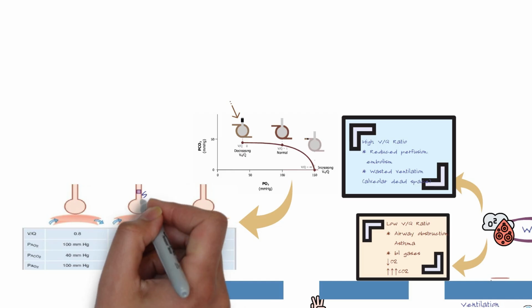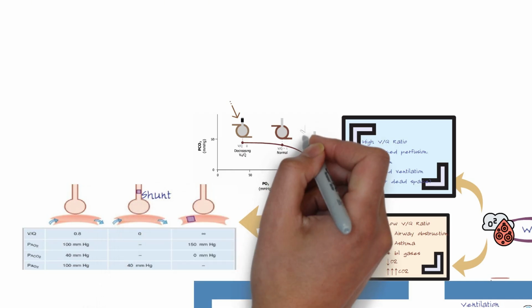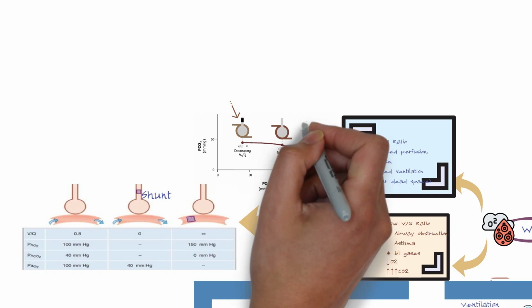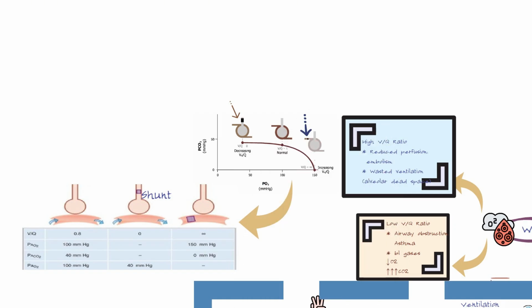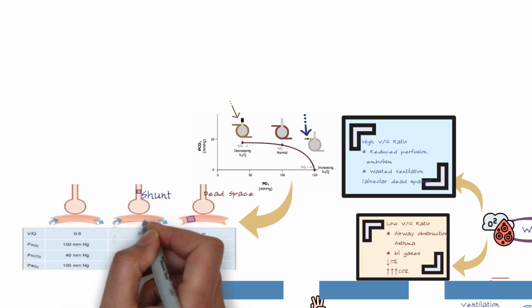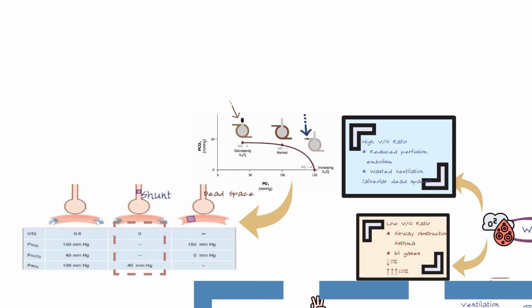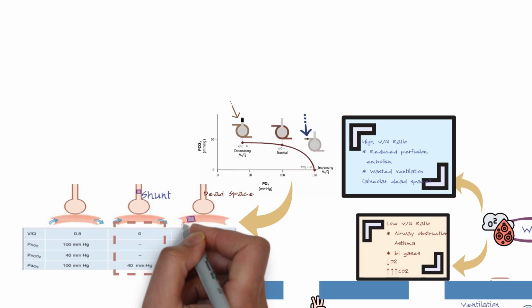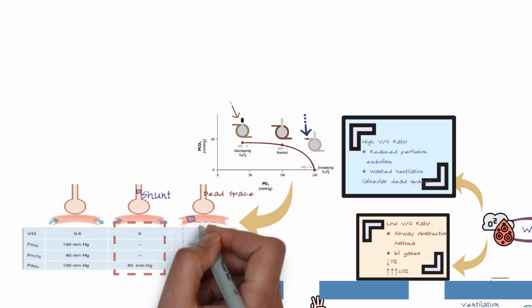But if the perfusion is affected while the ventilation is almost normal, in this condition the air comes in but gas exchange does not occur, so this is an alveolar dead space. So in the shunt, the oxygen and carbon dioxide in the alveoli are almost the same as in the air, but the ventilation is zero because there is no air entering the alveoli, and the oxygen tension in the